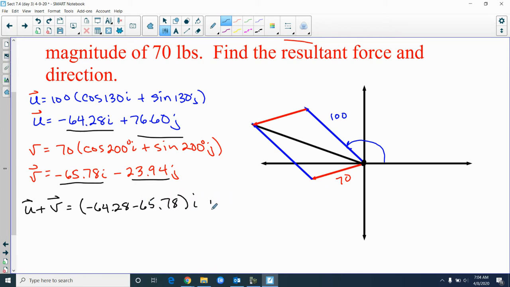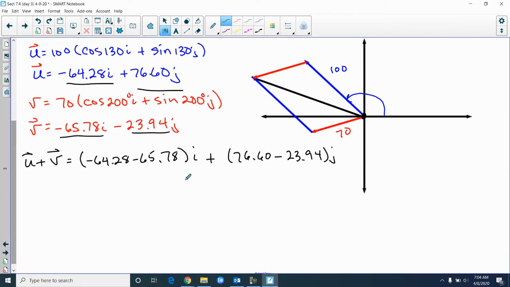So as you take those two, plus 76.60 minus 23.94 J. All right, so when you add those together, I get negative 130.06 I plus